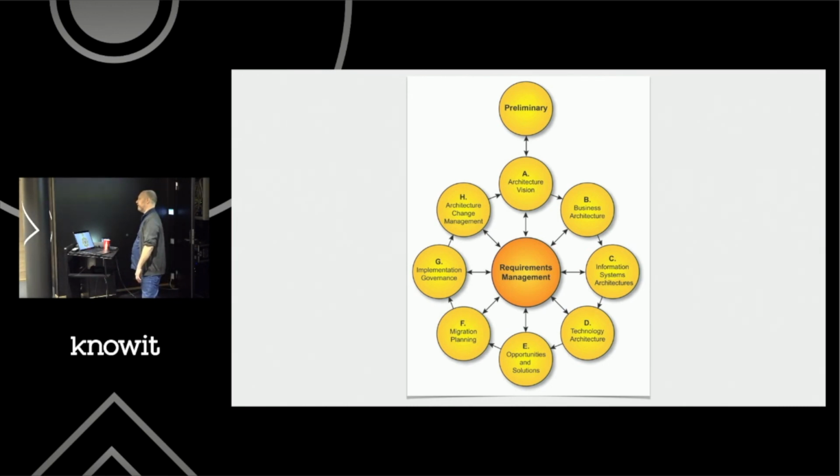TOGAF and Agile, how does that work? Not very well out of the box, unless you do what I tried to say. Don't implement TOGAF, learn the good parts, implement that in an agile way. And then, since it says multiple times in the TOGAF manual, the first rule of TOGAF is to adapt it to your needs and implement it to your needs. Then you can implement it. You can implement Agile Architecture and then say, this is TOGAF.